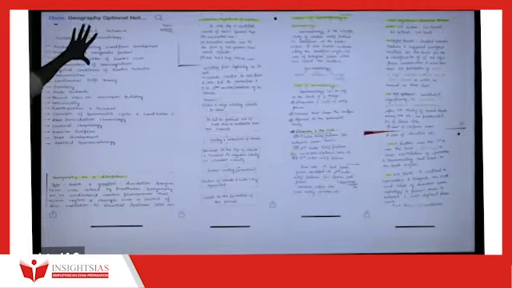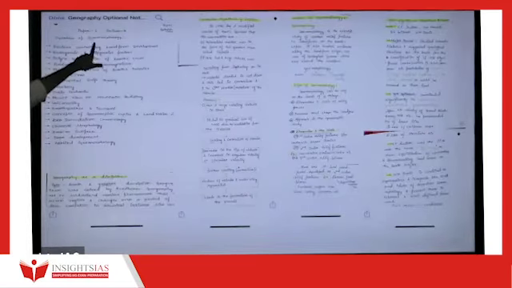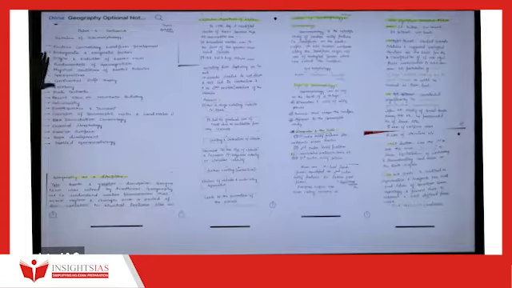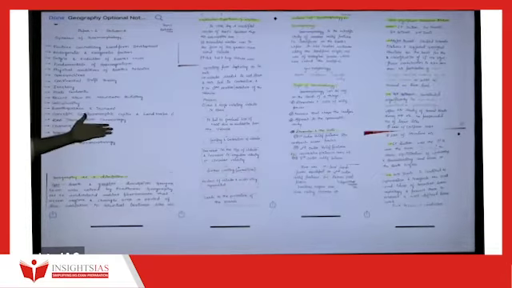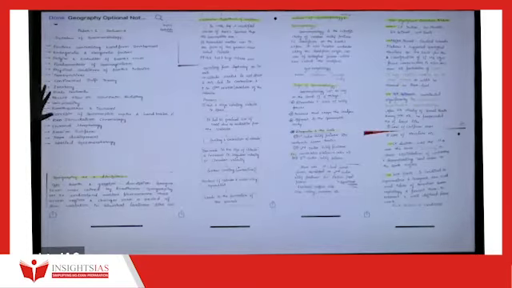So this is the geography optional. I hope this is visible. Geomorphology is the first topic. These are all the syllabus points and sub-points. These are the notes which are dictated in the class by me, given in written dictated form. But this is the notes of last year, which one of the students has written in the class. So these are all the syllabus points. On these syllabus points, we start from the basics.